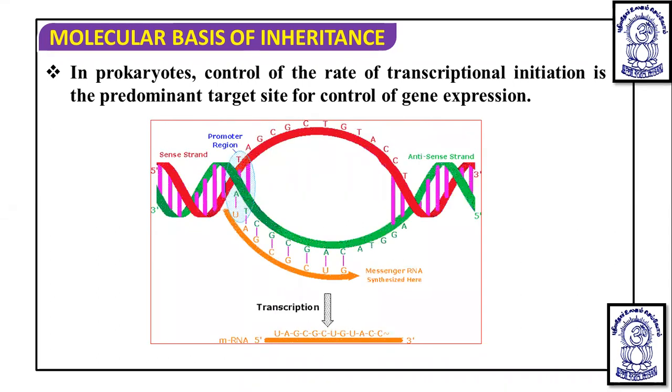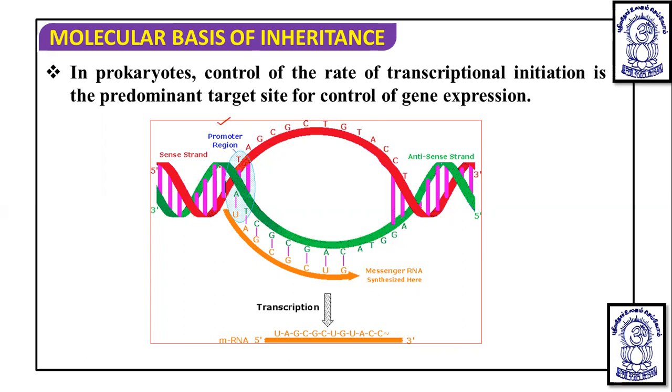See, this is the particular DNA. In DNA, if mRNA is forming, the transcription is occurring in this way. Okay, mRNA is forming, and this is the promoter region. This is the sense strand, the red one, and the antisense or nonsense strand, we can say,